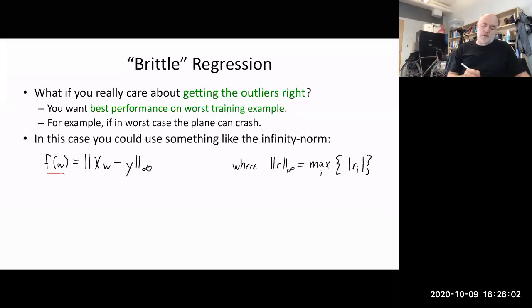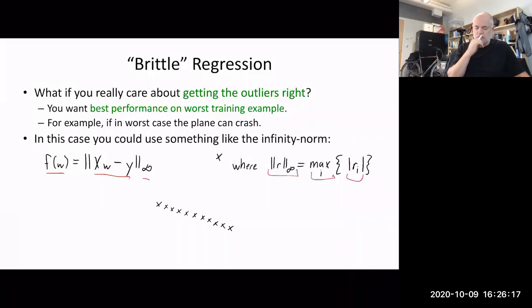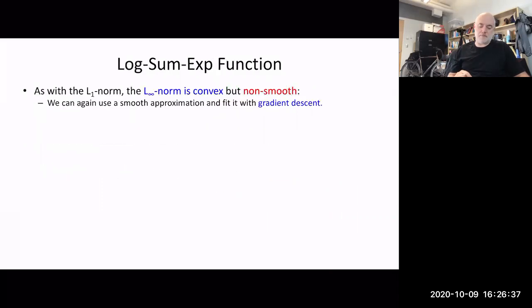If we make the loss function for our regressor the infinity norm, this says that the infinity norm of the residuals is the max over all of the individual absolute values of the residuals. We can think about what a regression like this is going to do. It takes the biggest loss and tries to make it small. Whenever that gets small, it looks at the next biggest loss and tries to make it small. It keeps doing this until basically all of the losses are about the same,